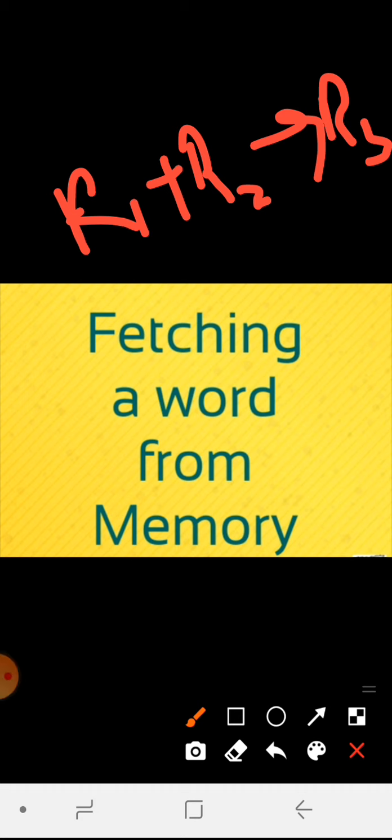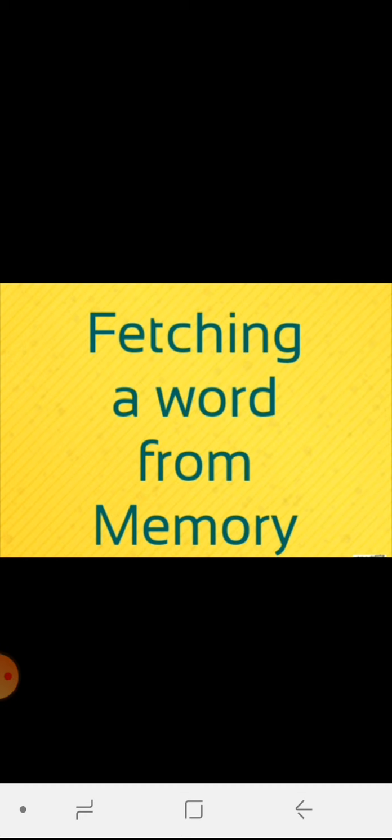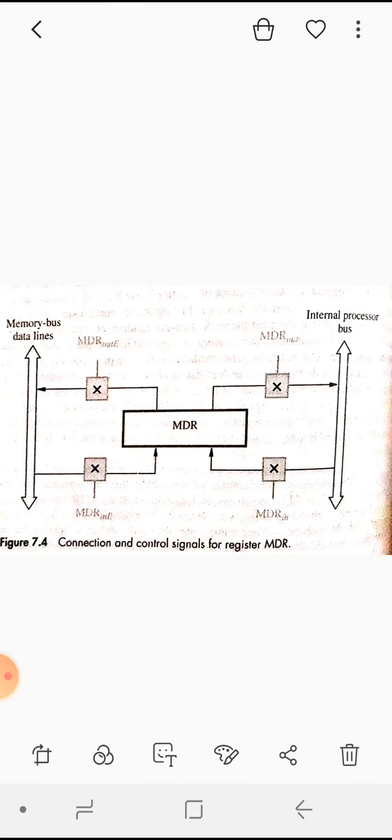Today in this session, let's discuss how we can fetch data from the memory or how we can store data inside the memory. Whenever we want to fetch information, the processor has to give the address of the memory location where the data is present, right? So now the processor initiates a read operation so that the data present in that particular memory location can be read.